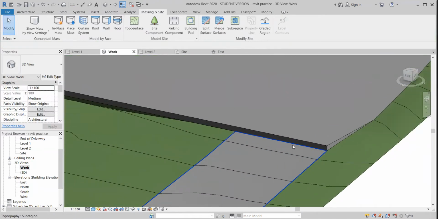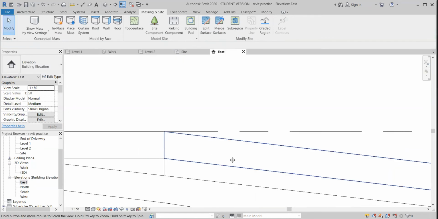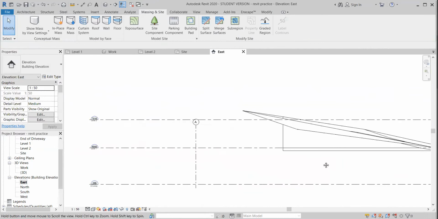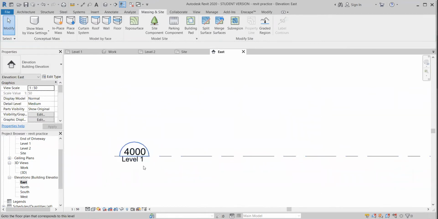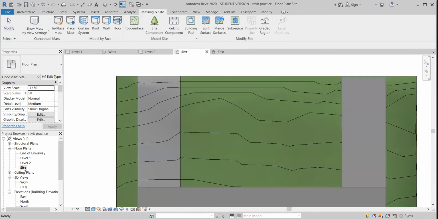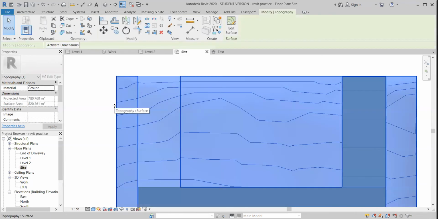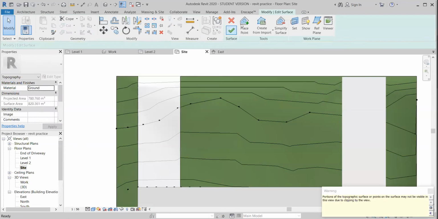Now, if you want this to go flush against your level, what you will need to do is find out the actual height of your level. So again, if it's 4,000 or 4 meters, what we can do to the top of surface is add more points and then make it flush for that subregion. So if we go back onto site and we click on topography, go edit surface, and then go place point,